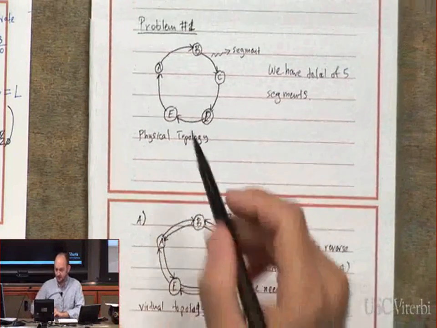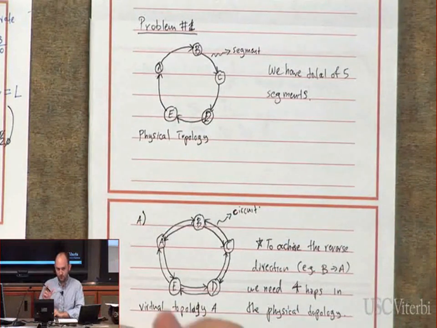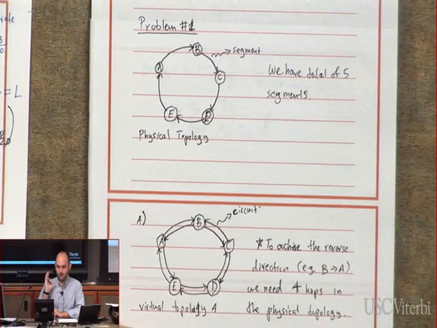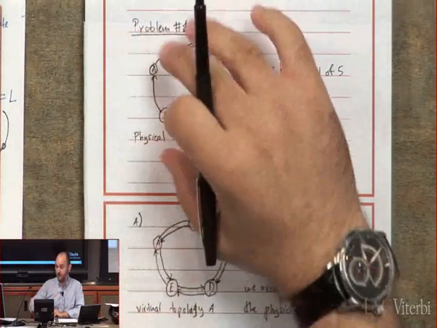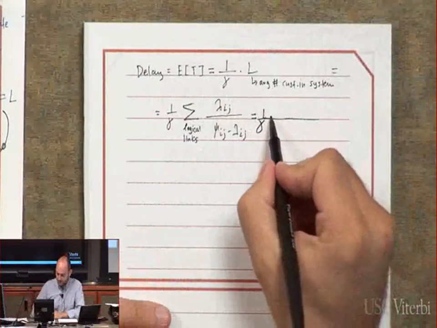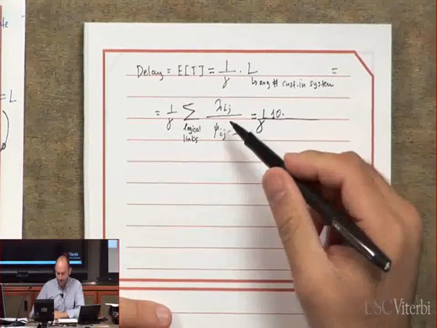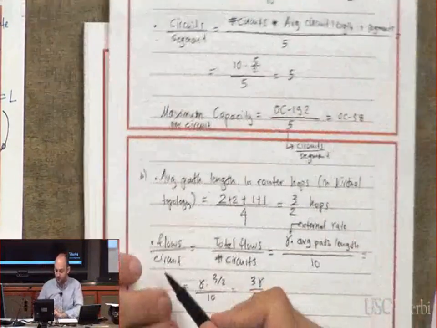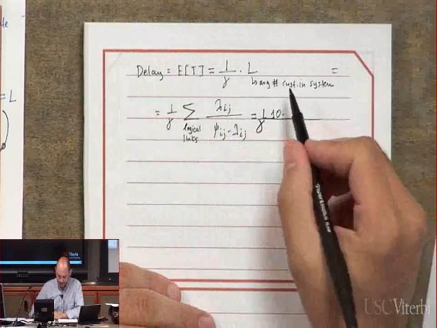We forget about the asymmetries that are imposed due to the physical topology. In the logical topology, we calculated an average number, so we assume that for each circuit, this average number of, I don't know, path length or something, corresponds to all of them, right? We forget about the asymmetry of the physical topology. Now, over here, this will be equal to what? 10 times lambda ij, which for us will be the flow rate per circuit. We have 10 circuits. The flow per circuit will be 3